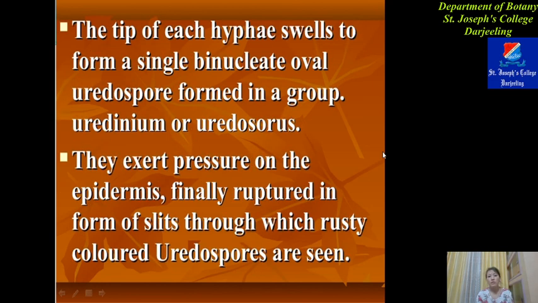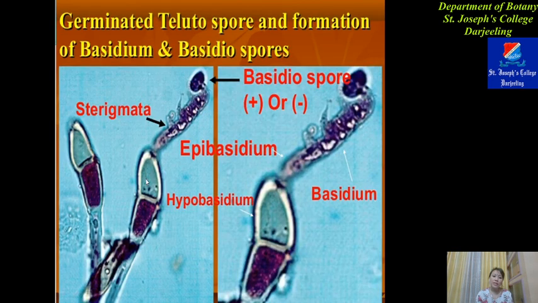Now, how are the basidiospores formed? Each teliospore acts as a basidium, known as the hypobasidium, and the hypobasidium converts into the epibasidium, and in all the cells, which are two-celled, the N plus N nuclei undergo